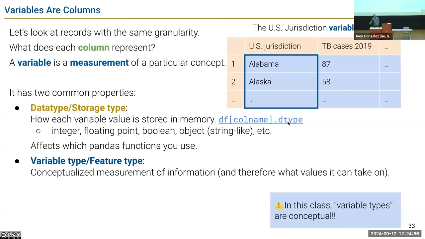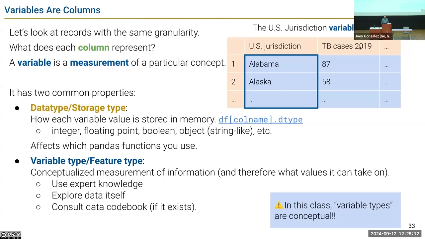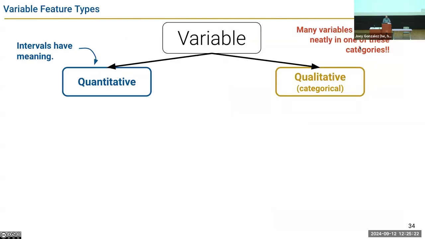What's more critical is the type of variable it is. And this is going to affect the analysis we do on it, how we visualize it, and so on. So to answer this, you're going to have to use your knowledge of what is a TB case. You're going to explore data yourself. You'll often consult code books that might tell you what I'm about to tell you, these various types. And then again, it will affect how you visualize it and how you interpret the data. All right, so we're going to go through this. We'll review it again in the next lecture, and we'll go from there.